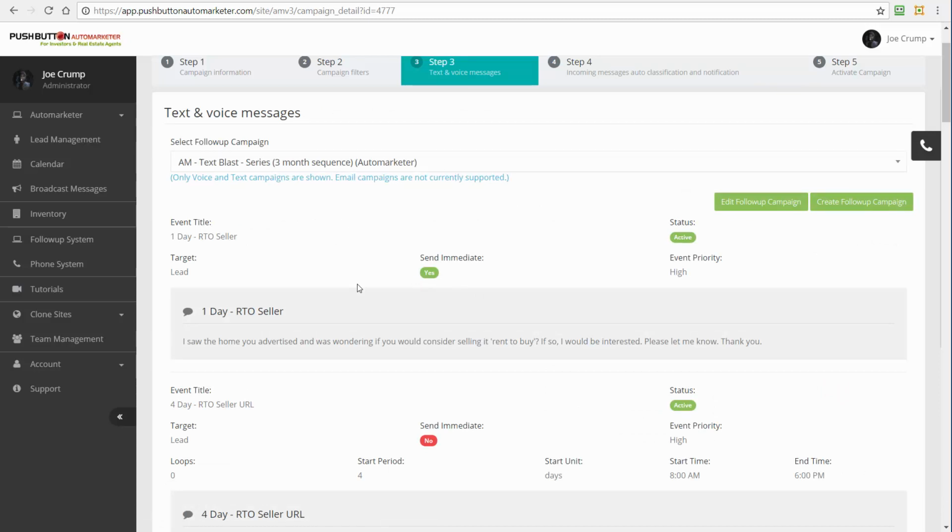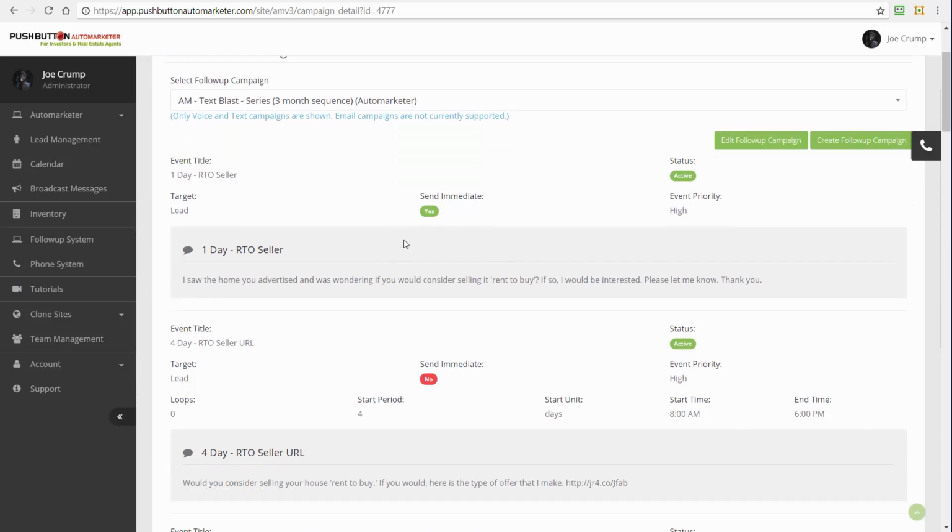Now let me show you real quickly again, for those of you who aren't aware of this, the 3-month campaign is a great way to do this with these Zillow leads, because it'll drip on them over 3 months. A lot of people, when they first put their property on Craigslist, they're not ready to sell yet. But after a month, after 2 months, after 3 months, they're going to get a lot more motivated, because we know that 85 to 95% of them don't succeed. So that's why we use this drip campaign, because it'll drip on them over time, and it'll give them different